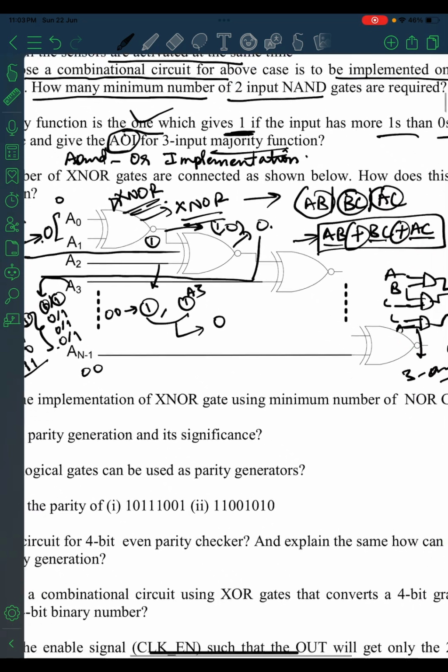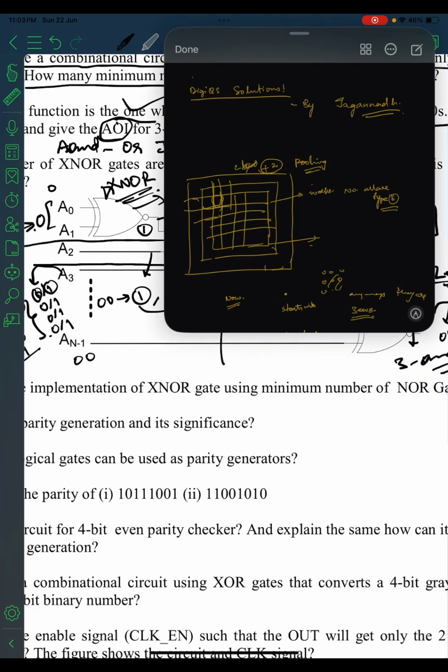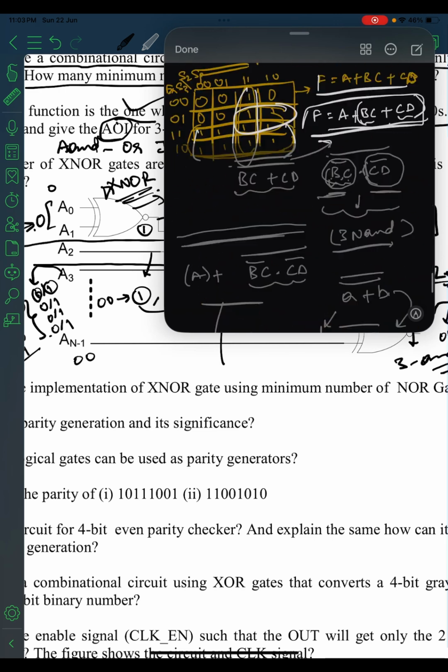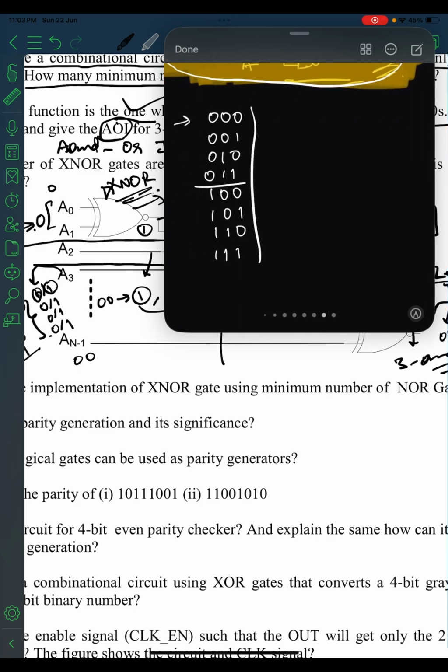Actually, I think I have missed something over here. Better I will write in this manner, 0 0 0. I will use these notes. Now here 0 0 0, 0 0 1, 0 1 0, 0 1 1, 1 0 0. Yeah. Now A, B, C, and